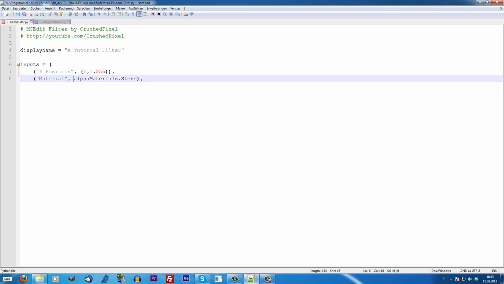alpha materials, which is basically all the materials that are used in Minecraft at all. And the default material is stone. If you would make dirt or grass, it would use this block as a default block. Like here it uses the 1 as a default number, but we want stone as a default block for now. But since MCEdit doesn't use this alpha materials very often, we have to import the alpha materials first, so MCEdit